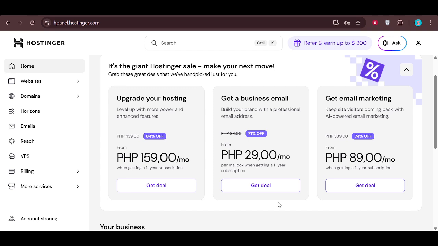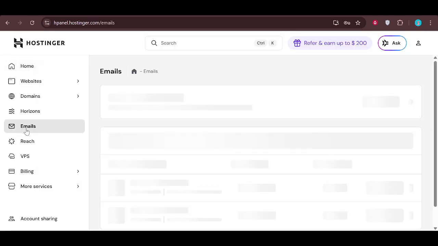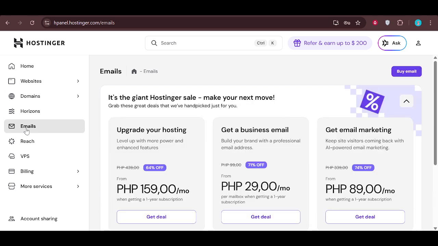Once you're in Hostinger's control panel, look for the section called Emails. This is often labeled as the Email Management area or simply Emails on the main dashboard. Go ahead and click on that. This is where Hostinger lets you manage all your mailboxes, settings, and tools, including importing emails from other providers like